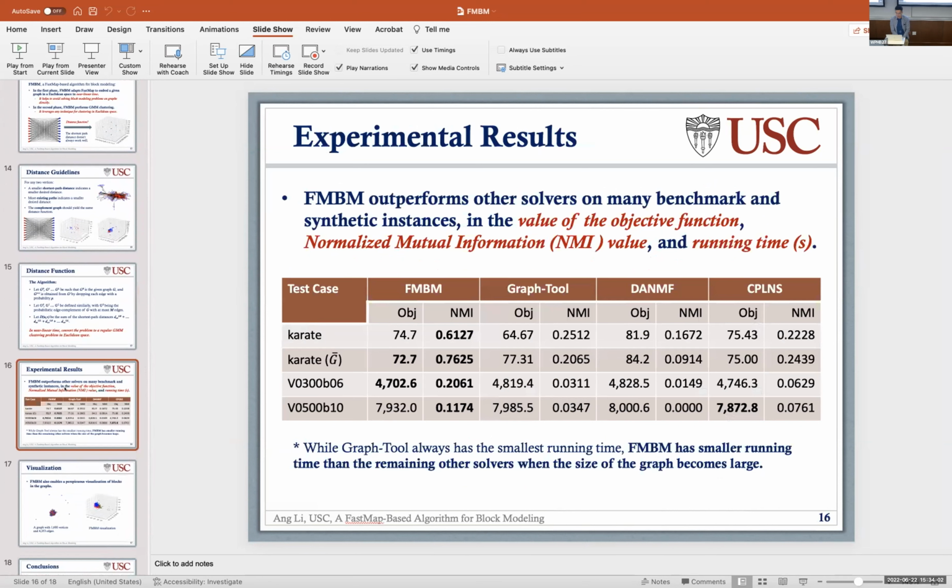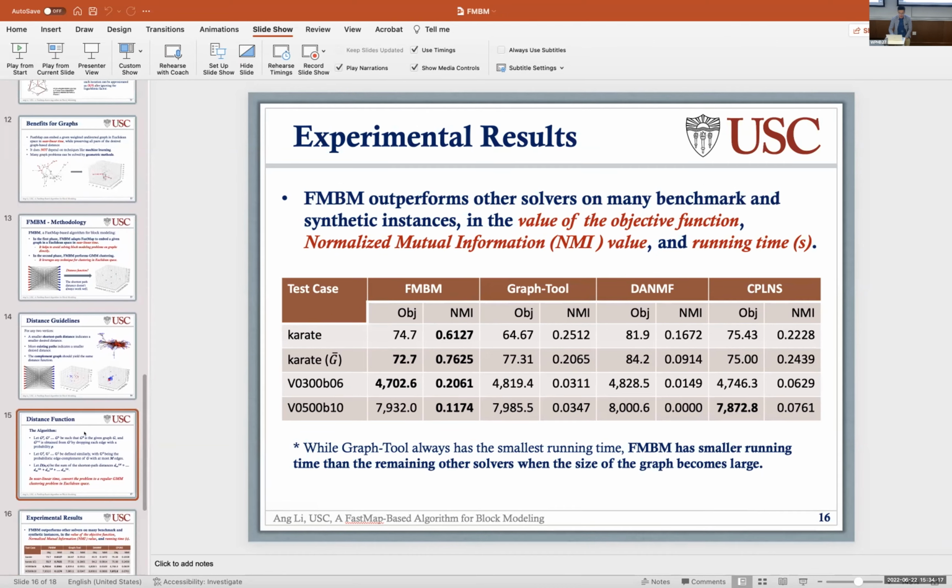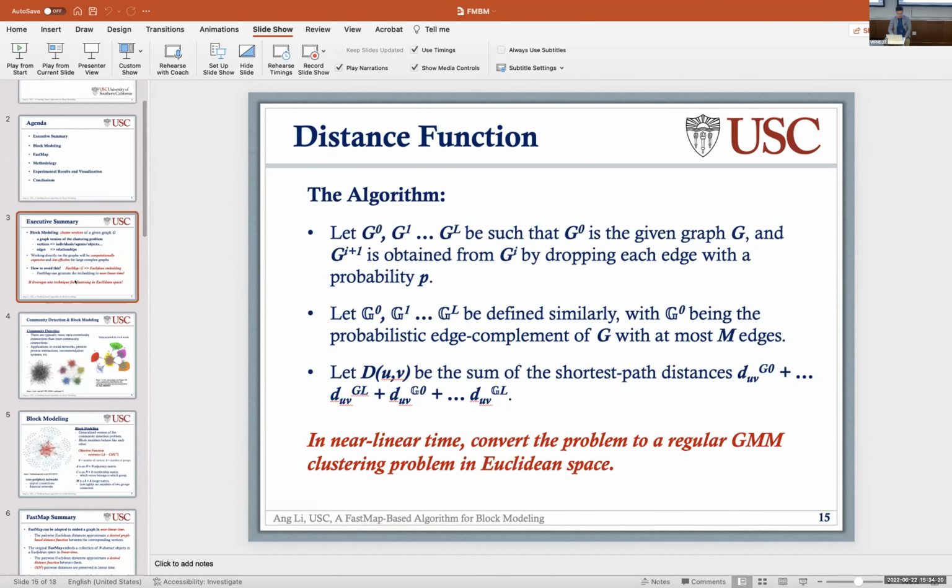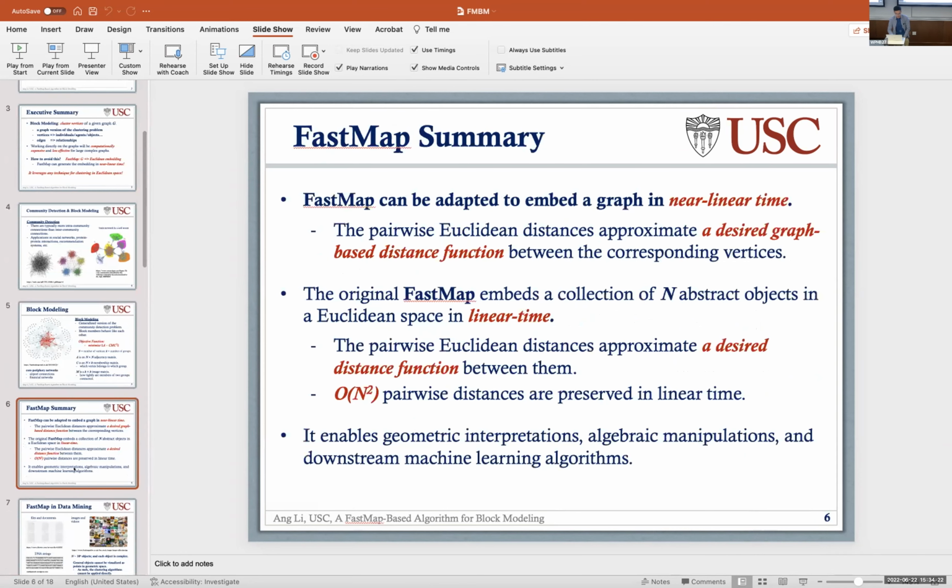So you mean how can we avoid the NP-hard property of the block modeling problem? So how do you solve the NP-hard problem? No, we don't solve the NP-hard problem. That would be a huge impact. So basically, here we use FastMap to do an approximation. In FastMap we use a heuristic way, so while we do the embedding in near linear time, we can still preserve the O(n^2) pairwise distances,